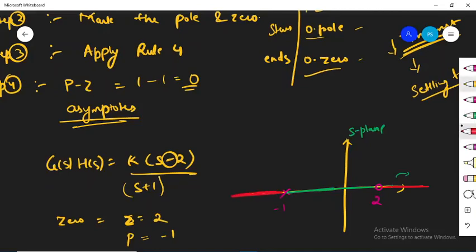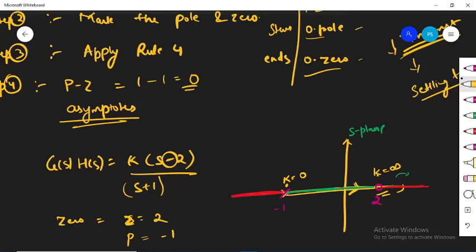Again, we'll say that the root locus starts from an open loop pole, okay, and it ends at an open loop 0. So using that, we have got the green territory over here. So the root locus will start from this portion. Here the value of k will be equal to 0, and it will move towards the 0, and it will terminate at this 0 at k equal to infinity. Fine. So this is how your root locus is moving about.